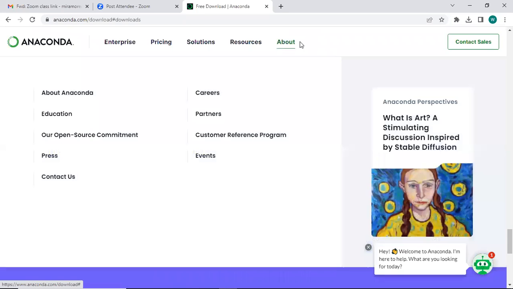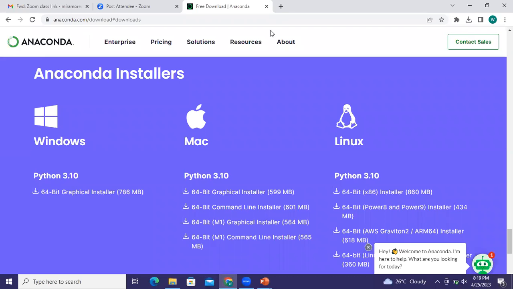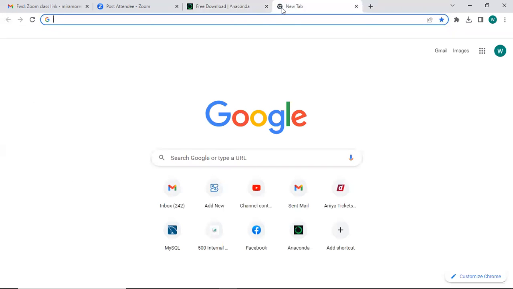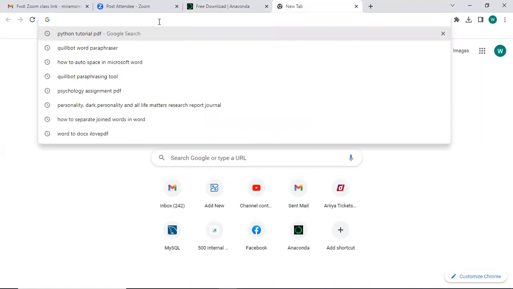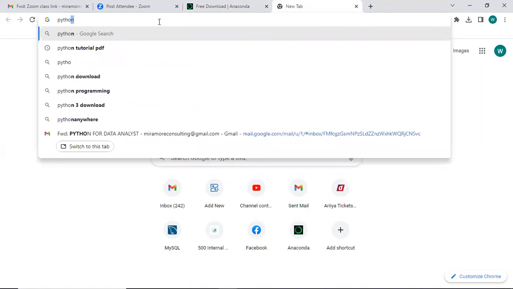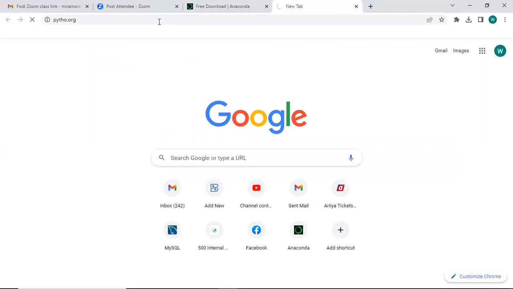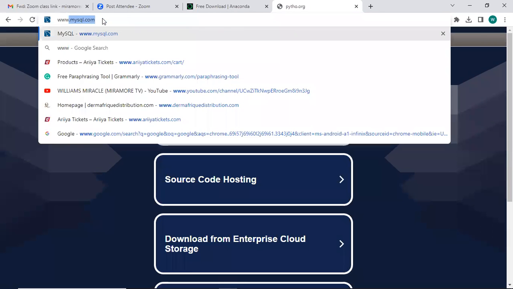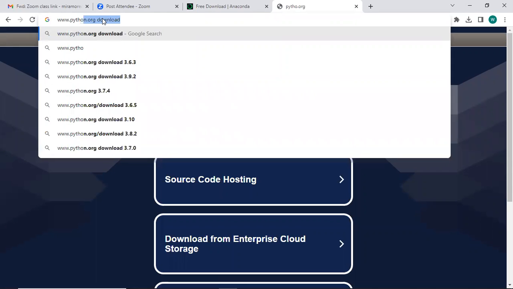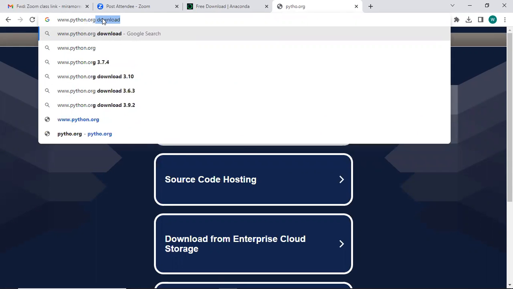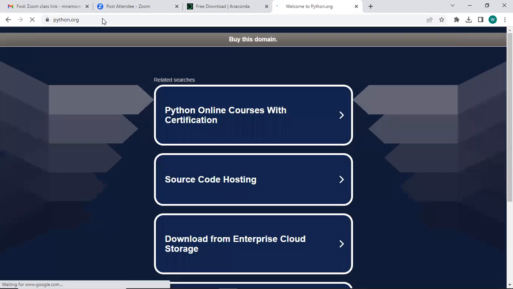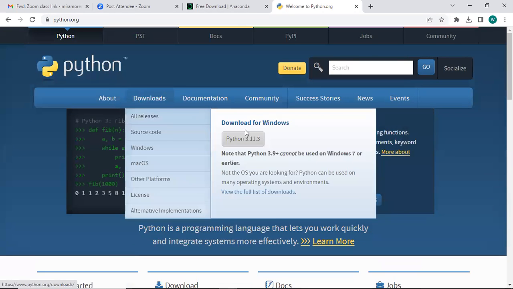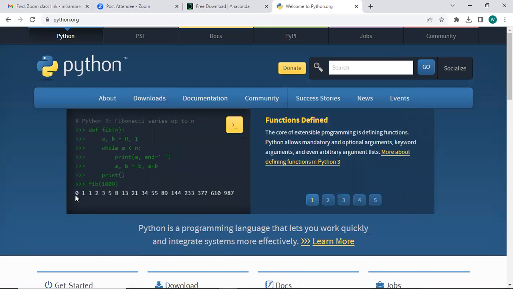But if you want to go with the direct method, what do you do? That one, you go straight to the Python website. So you open a new tab and type python.org. You go directly to the Python website. Sorry, I did not put the N, so this is something you also need to take note of. python.org. Okay, I spelled it correctly now. All right, so this is the Python website for the direct method.